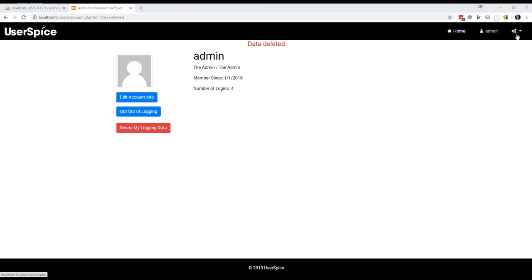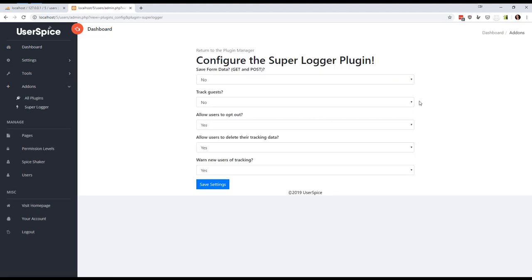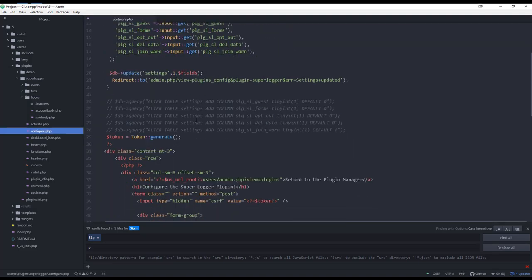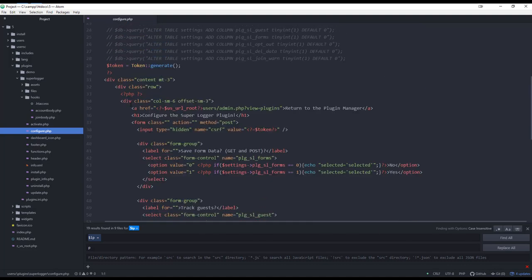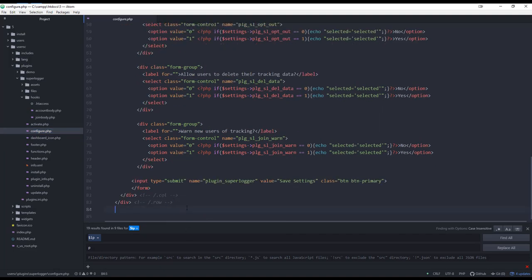Okay, so what we are going to do is make a couple of options on this control panel here to show some of these logs. And let's see here. Let's come to the control panel. And first thing we want to do, I opted myself back into data collection just because I want to continually be generating more data for the plugin. So if we come here to configure, the first thing we want to do is we have that column and row thing here. So we want to make a new row,